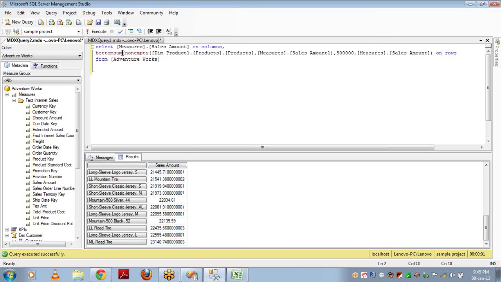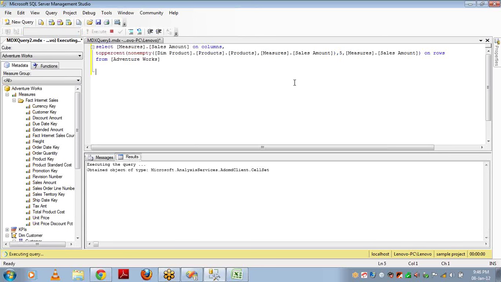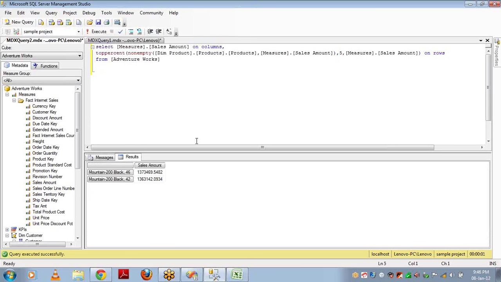In a few cases you want to get the top 30% records or top 10% records. That is top percent. I want just 5% of records. How much percent of records do you want? You have to specify that number here. I want to get the top 5% of records. 5% of records is just 2.